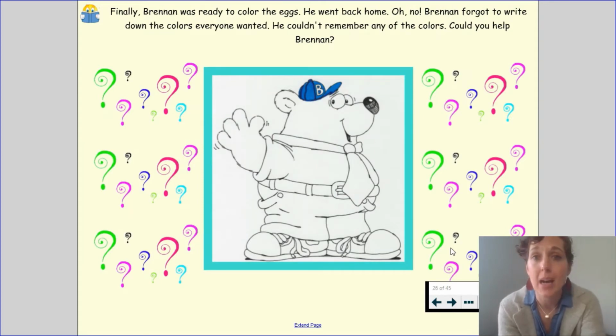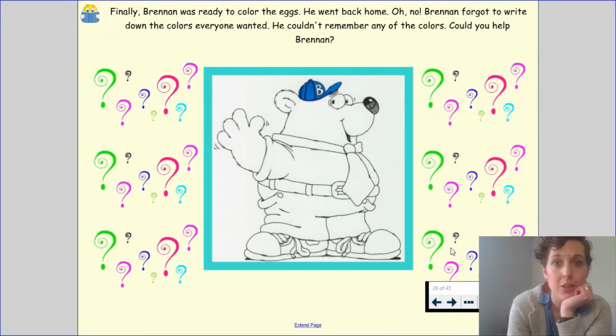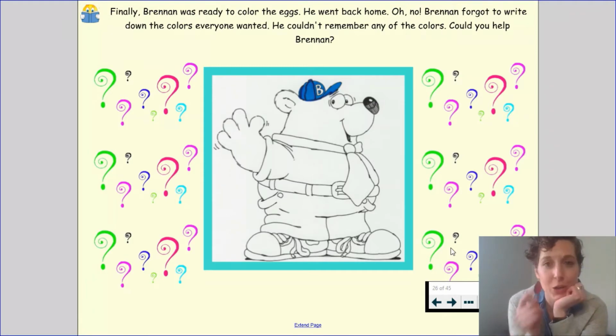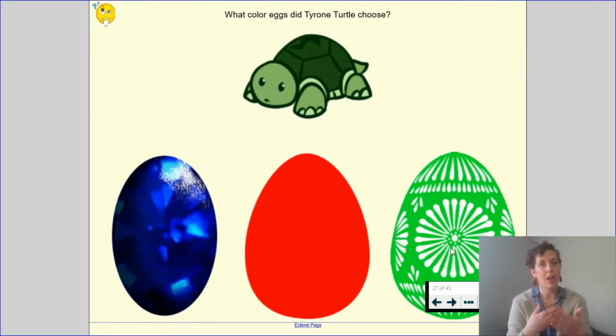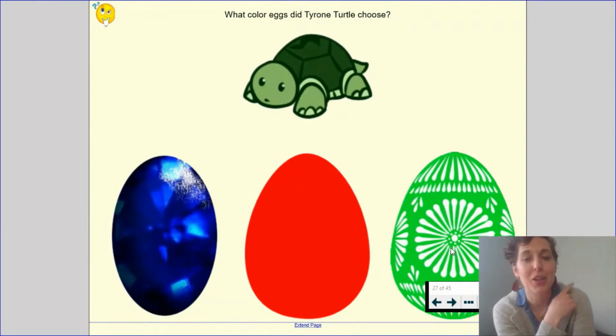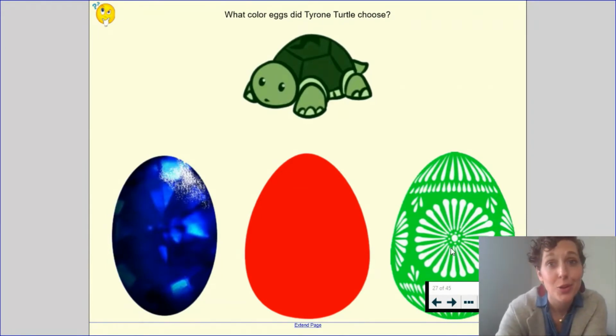Finally, Brennan was ready to color the eggs. He went back home. Oh no, Brennan forgot to write down the colors everyone wanted. He couldn't remember any of the colors. Do you think we can help him? Can you remember the colors that all of his friends wanted? Let's see. What color eggs did Tyrone Turtle choose? Remember, he said he liked all colors, but he liked one color the best because it's the same color as his shell. Tyrone Turtle wanted some, but not many of his eggs to be